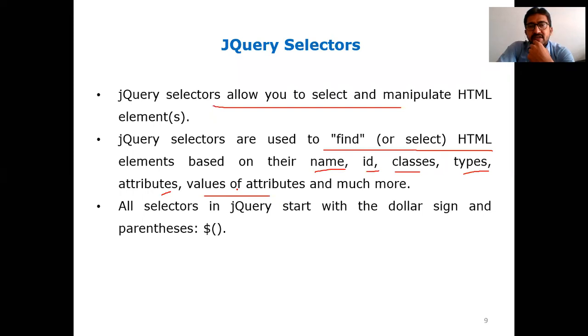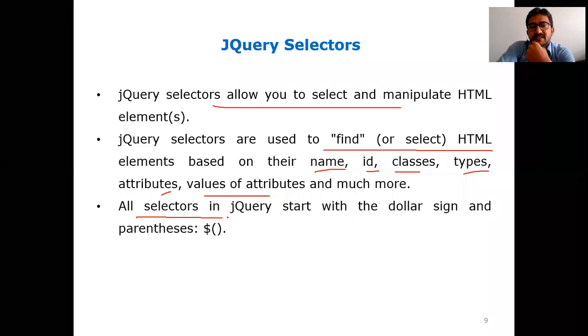In any one form, we can go. It is like when you are visiting your friend for the first time: with the help of the street name we can find him or her, or with the door number, or the area name, or some landmarks, or the city name, or the pin code, any one way where we can do it. That is how we can use selectors for these HTML elements.